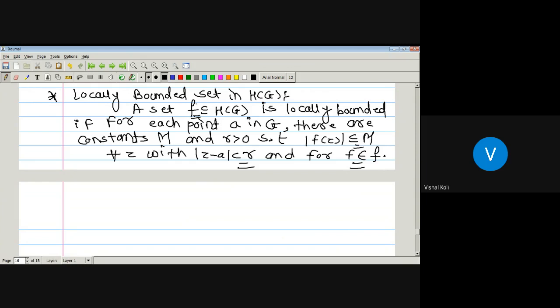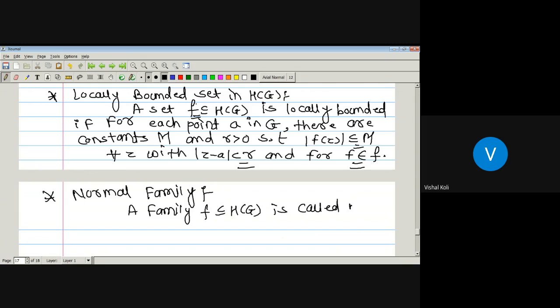There is one more definition. That one is nothing but normal families. See, what is a normal family? Any family F, which is a subset of H of G, that is, a subset of all the analytic functions on G, is called normal